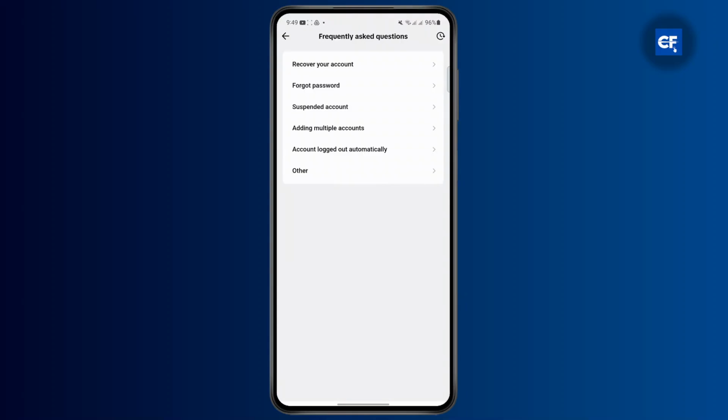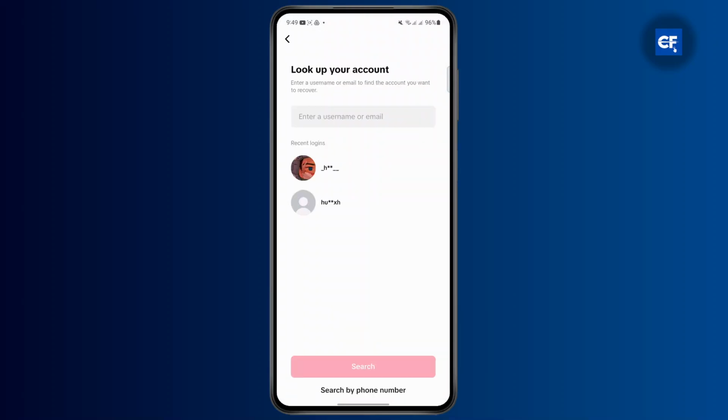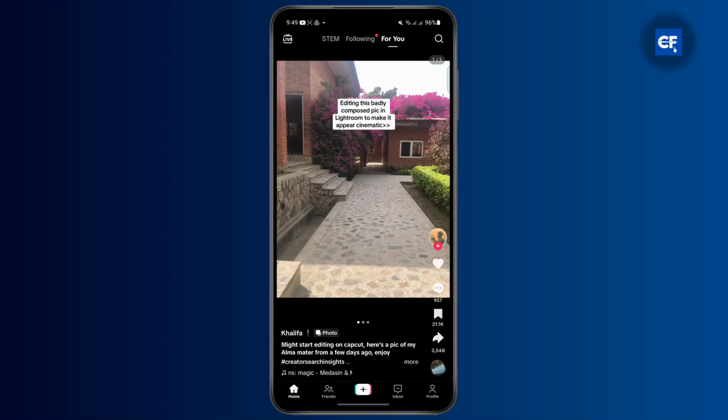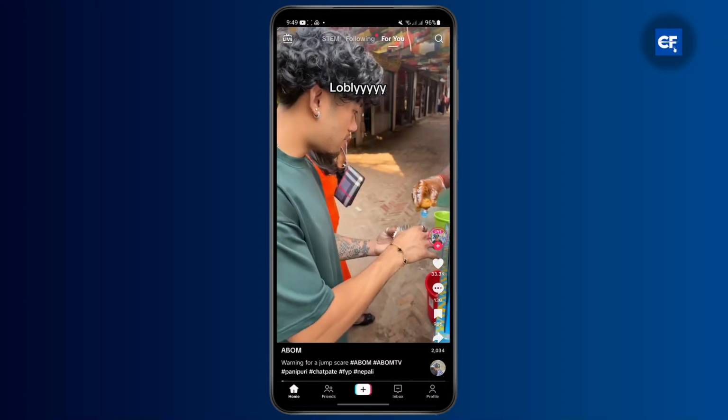and you will be directed to another page. So from here, click on recover your account. And now you'll be able to see different options. So select whichever account that you want to recover, look for your account and tap on it. And once you have done that, you will be getting a reset email and you can easily go ahead and